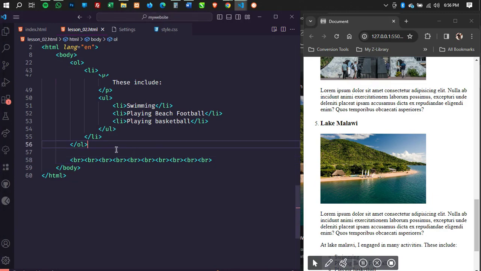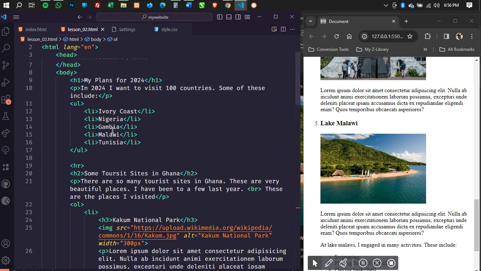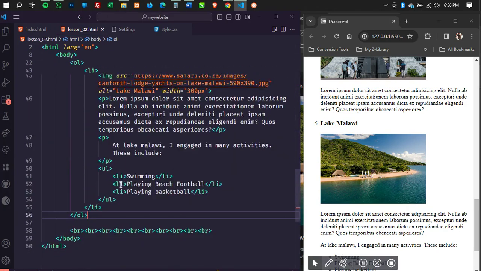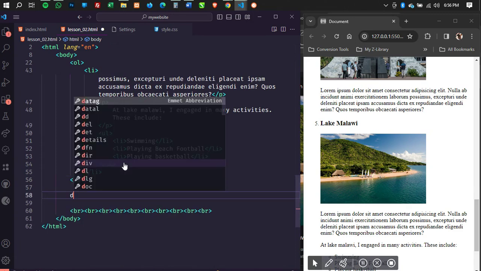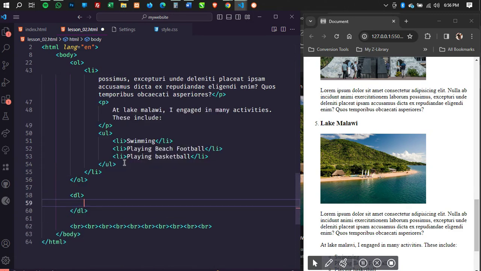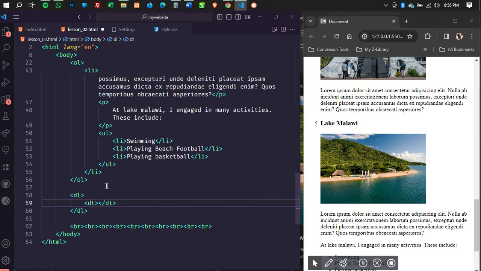So we have another type of list which we are going to be looking at, and that is the description list. With the description list, we have the DL, and inside it we are going to have DT, which is the description term. So we can say term 1 or list 1.